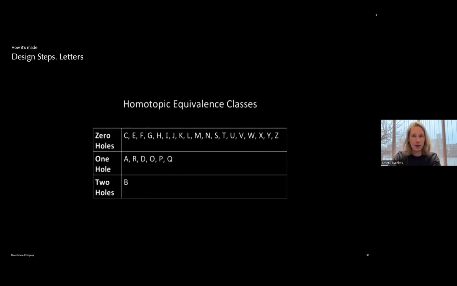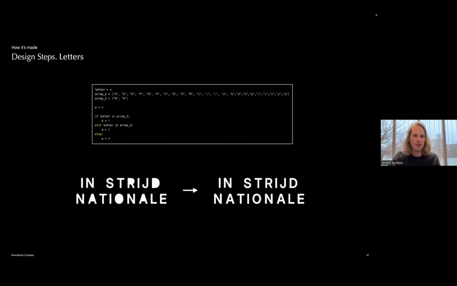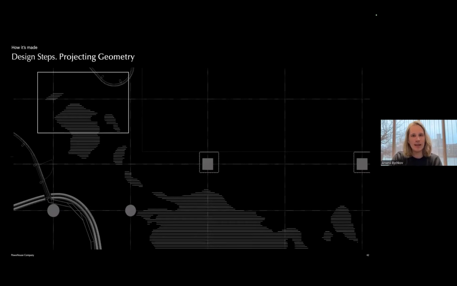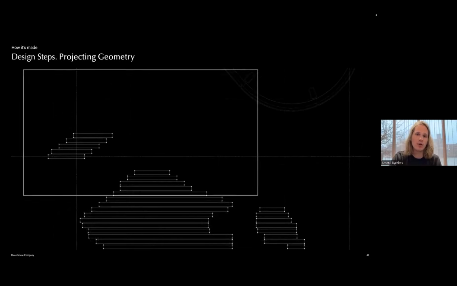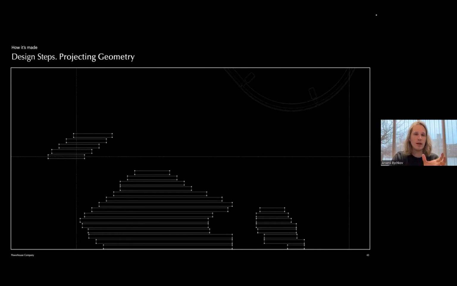They have the so-called homotopic equivalence classes, which I got to know only while I was working on this project. But that basically means that different letters have different amounts of holes, which needs to be counted while working on creating something that will be later cut out on a laser cutter. And in order to do so, I was able to implement this small Python script in my Grasshopper, which was dividing all the letters into different lists and creating the correct letters. And then later, how the script worked, it actually just took the planks that we've just seen and it placed the